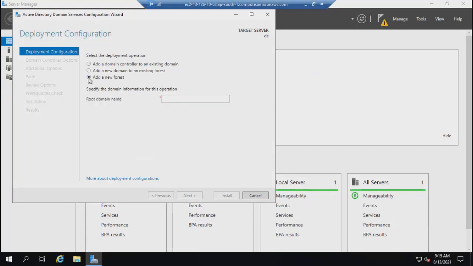Promote this server to a domain controller. Now here you have the option to add a new forest. These are all the terms that Microsoft uses for defining the forest. Here you have to mention the domain name. So I'm saying, let us say, is this spelling correct? आपको college का spelling, or is it something else?